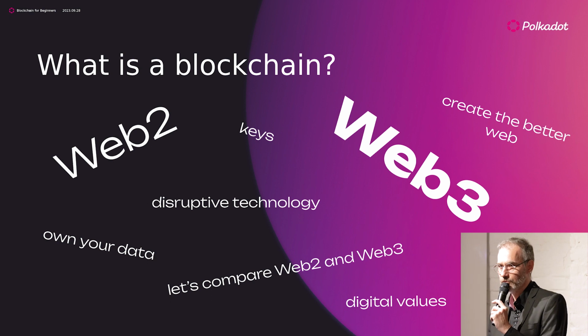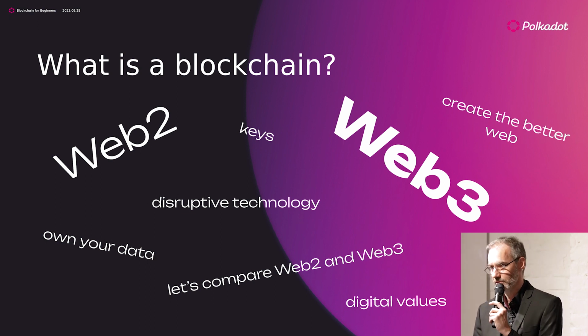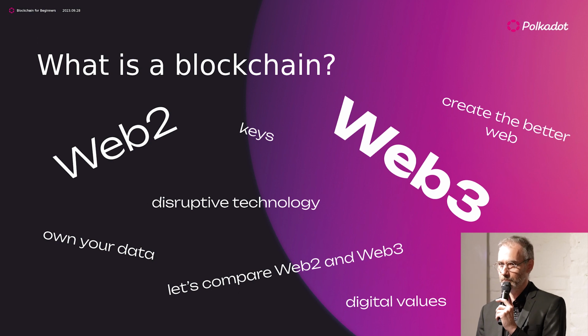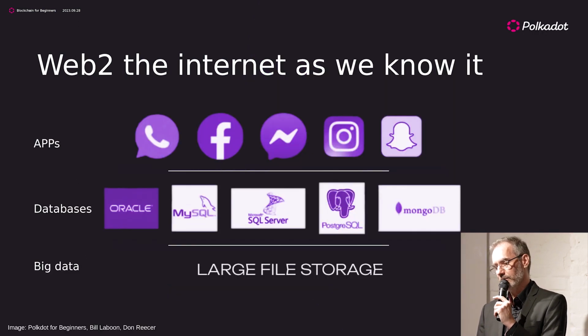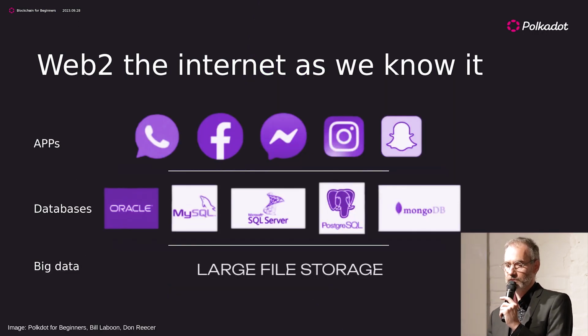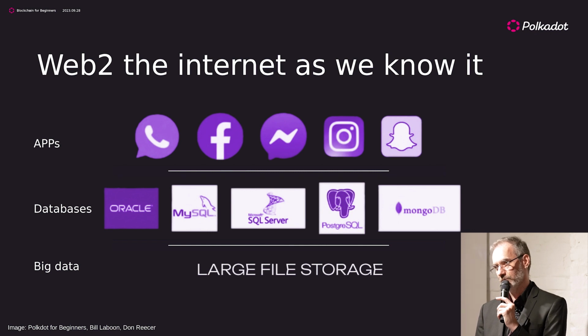My approach I want to show today is that we directly compare Web2, how it's structured from the user perspective, with Web3 to see what exactly the difference is, and then compare the difference again to make it very clear where it comes from and where it goes to. So for example, here we see Web2, the internet as we all know it, which we have used for over 30 years now, where we can say there are basically 3 layers.